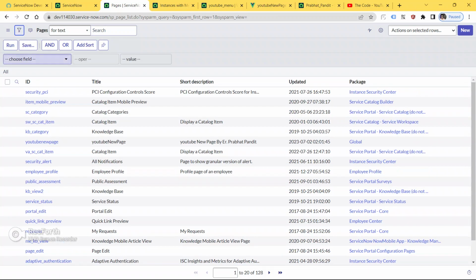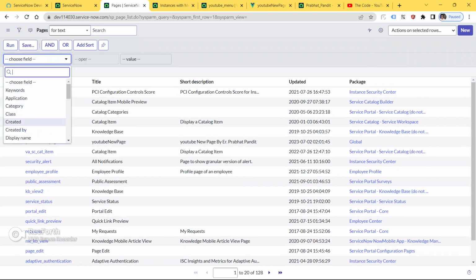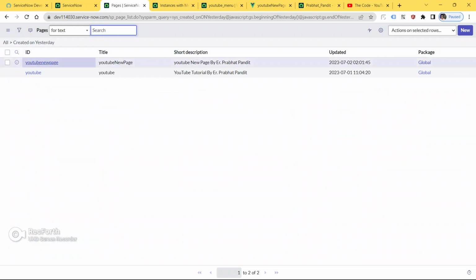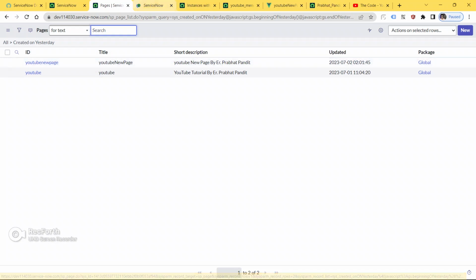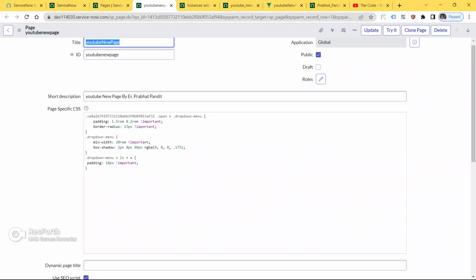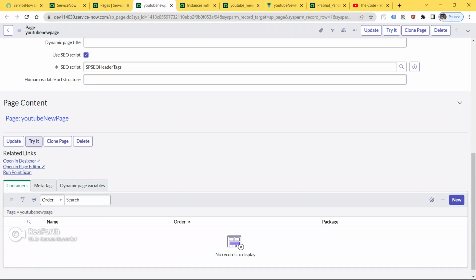Again click the filter, choose the filter condition created on yesterday, and click run. This is the page, guys, we created yesterday. Let me open the first one.